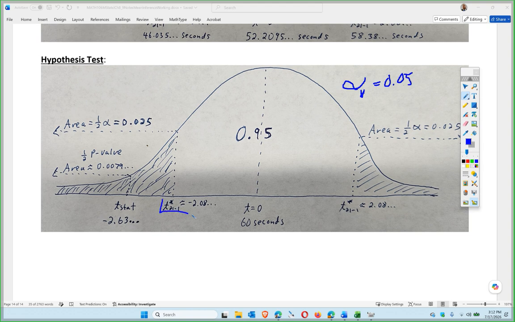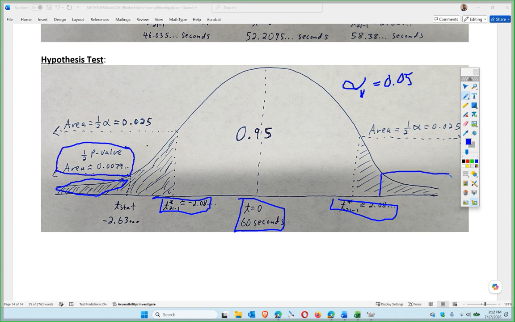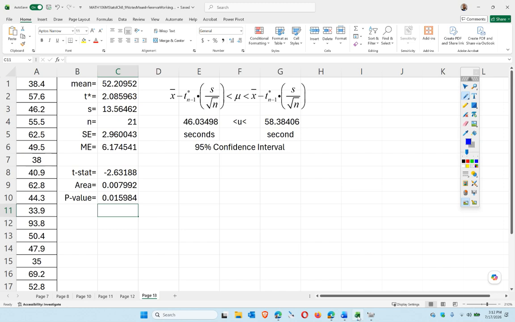And we have the same t-values, right? Same t-values, except now t0 is 60 seconds. So we calculated the t stat, it's over here, negative 2.63. So I calculated this area. But this area is only half the p-value. The other half of the p-value is over here, so I have to double it to get that, right? So what did I get? 0.0079, right, 0.0079. So I double that, I get the 0.15 essentially, right? Okay, so